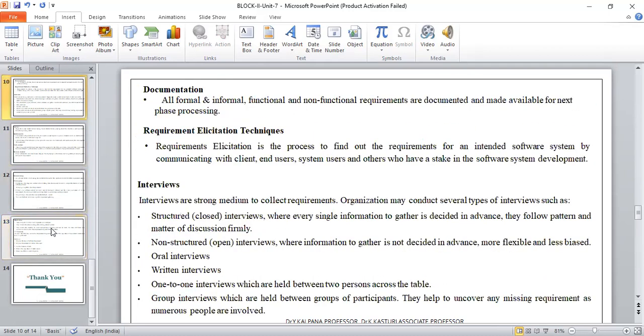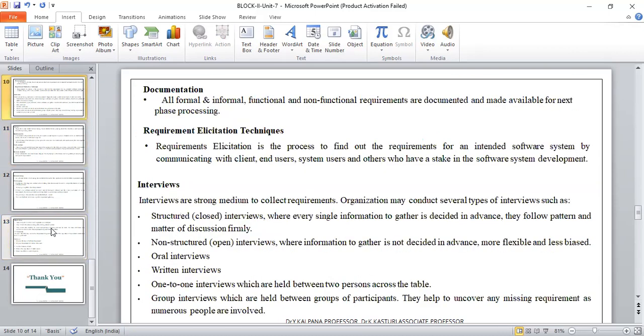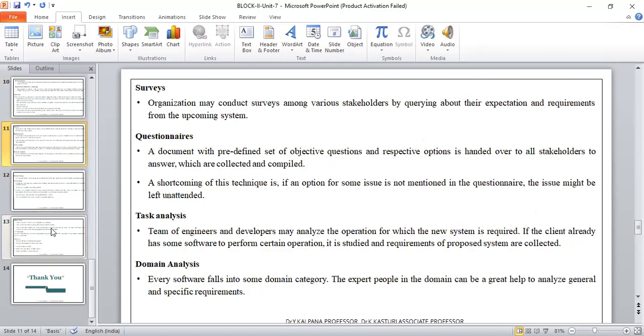The requirement elicitation techniques are interviews. There are different types of interviews here. And then surveys. Everything is done with the stakeholders, not only a single person. All the techniques have been implemented with the stakeholders of the project. Surveys, questionnaires, task analysis. Task analysis is extracting knowledge from the existing system. Okay, domain analysis,